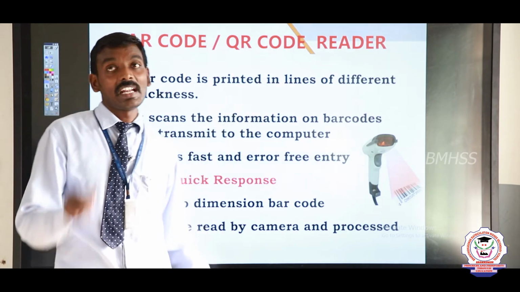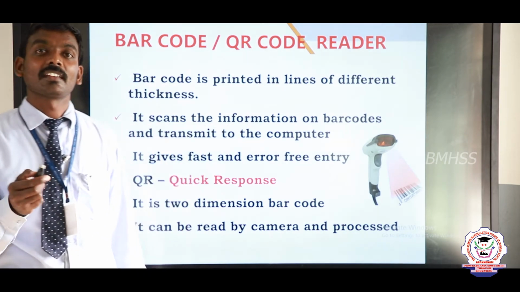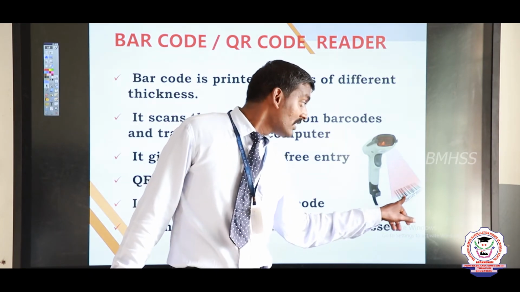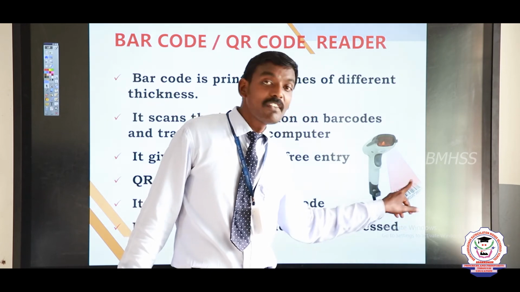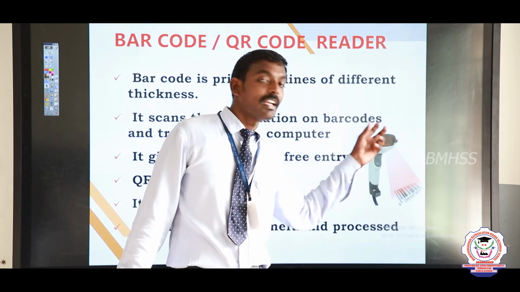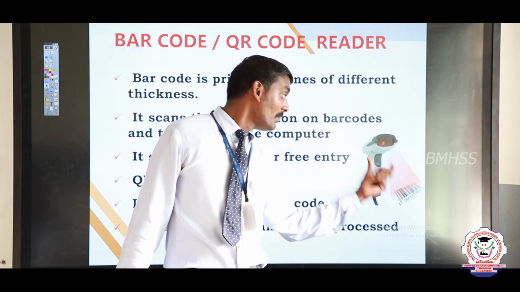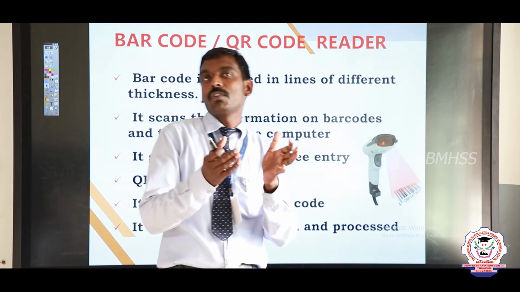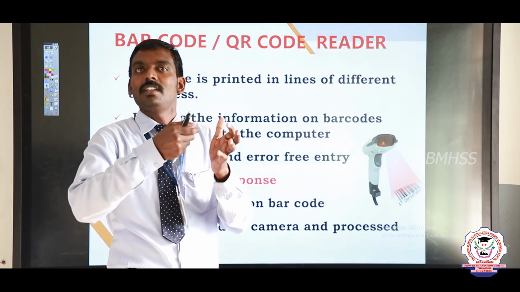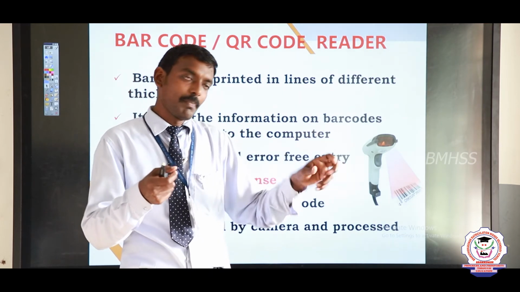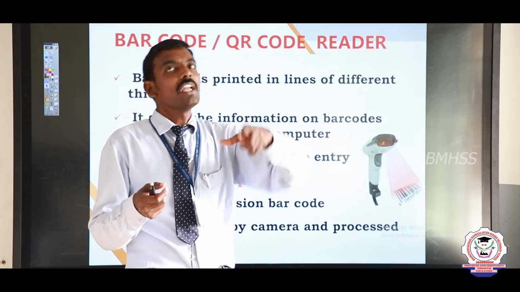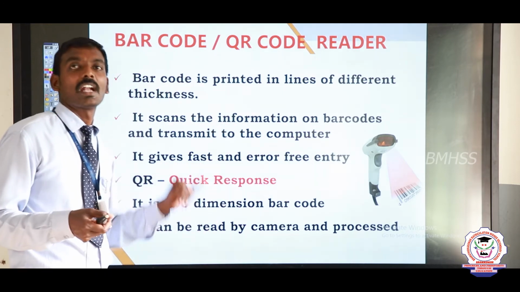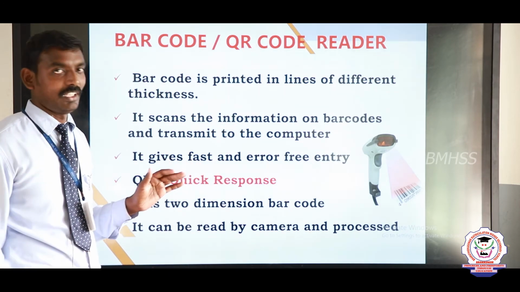A barcode is a printed line. Those lines are in the form of different thickness. I think you have seen it here. Different thickness of lines, and each different thickness of line has different numbers. This can be scanned and the data will be stored in the computer. The barcode instructions are already stored in the computer, where we can use them. When we buy a biscuit, the name, price and weight of that biscuit should be placed, stored in the system. Then we can scan that particular barcode and it will display the result. The main advantage is that it is used for quick response and gives the result accurately. Are you clear?